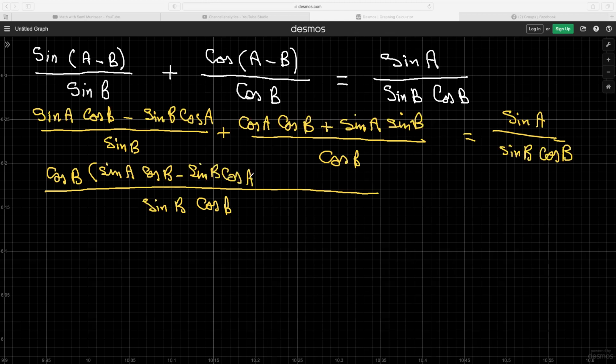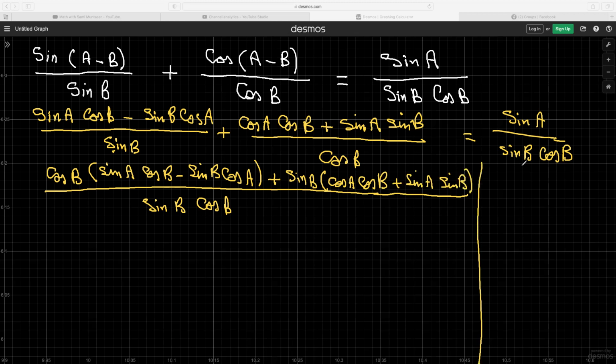minus sine B cos A, plus this here has to be multiplied in all of this. So sine B multiplied by cos A cos B plus sine A sine B. And we're trying to prove that it equals that. So now just expand cos B in all of this. So we'll have sine A